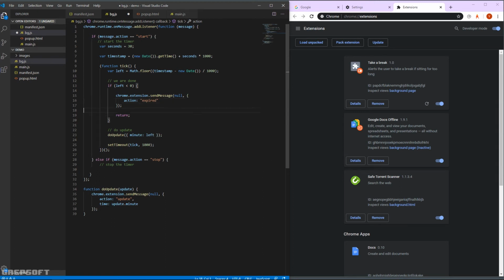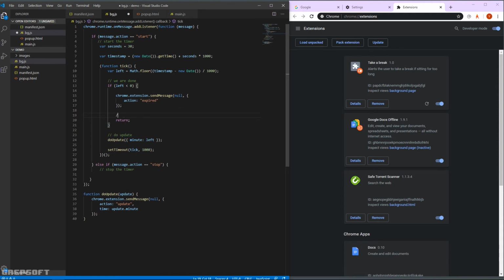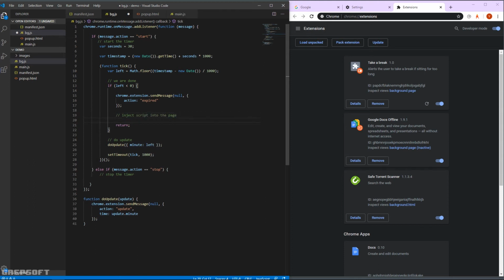And yeah, now over here what we need to do is inject a script into the page, right? So this is where when the timer expires, we're going to update the page with that crazy pop-up. So maybe what I'm thinking is we'll create a function, right? And what this function will do is actually inject the script. So we'll say inject script,